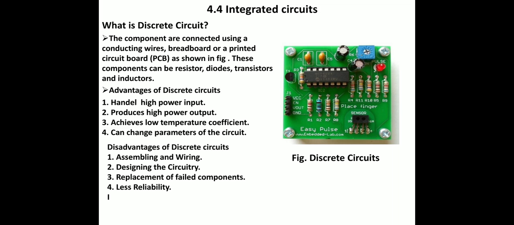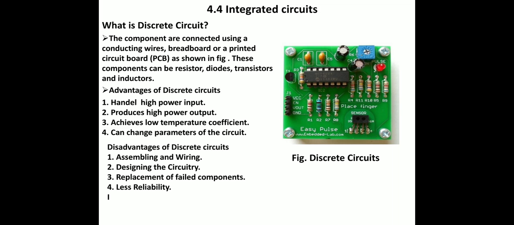What are the disadvantages of discrete circuit? Its assembly and wiring is very complex because of the large size of active and passive components. Designing the circuitry is also very complex. Then replacement of failed components is impossible